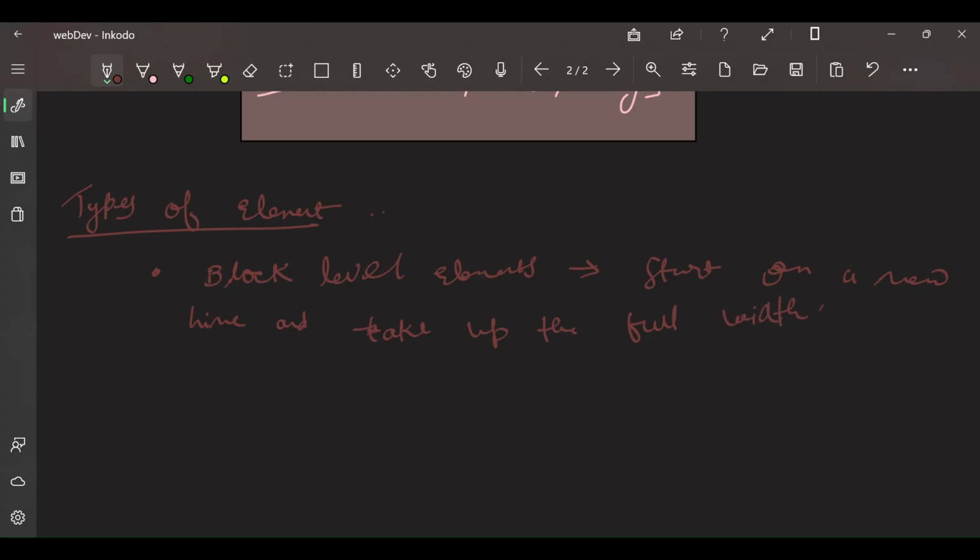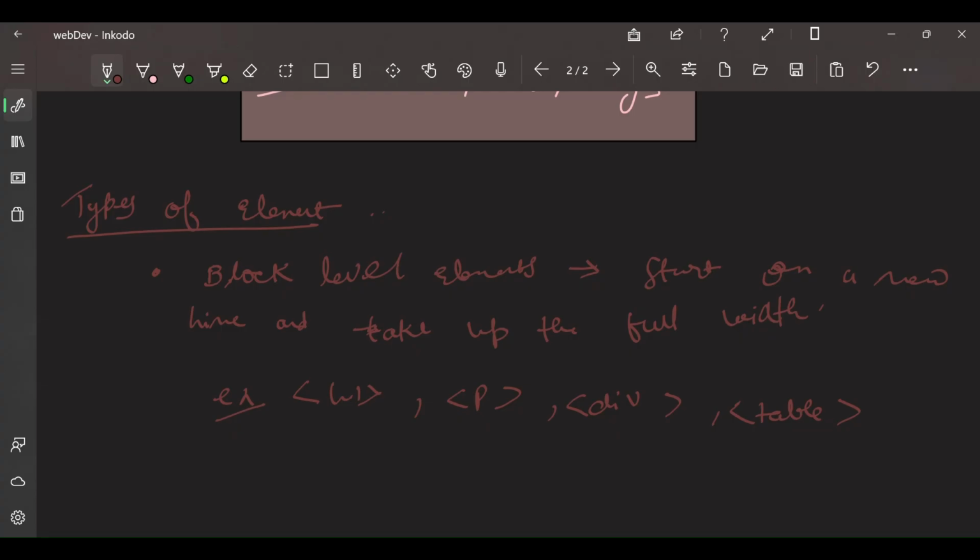For example, there is the h1 tag, or your p tag, or your div and your table. These are all examples of